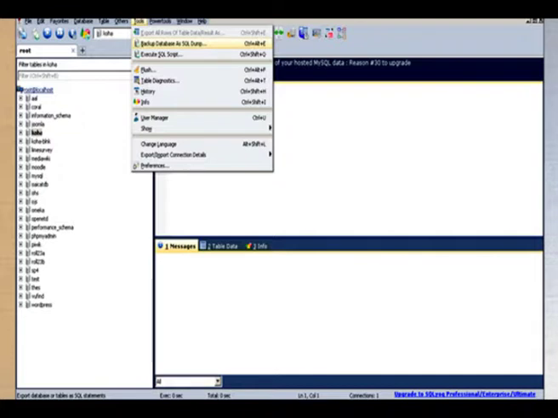The moment you select that particular option, it will ask you the name of the database and the location, then it will back up the entire ILS database into SQL format and place it. So, at the time of emergency, if something happens, your hard disk crashes or your data is corrupted, you can use that backup file to restore the database, and this is a very important work of an ILS administrator.